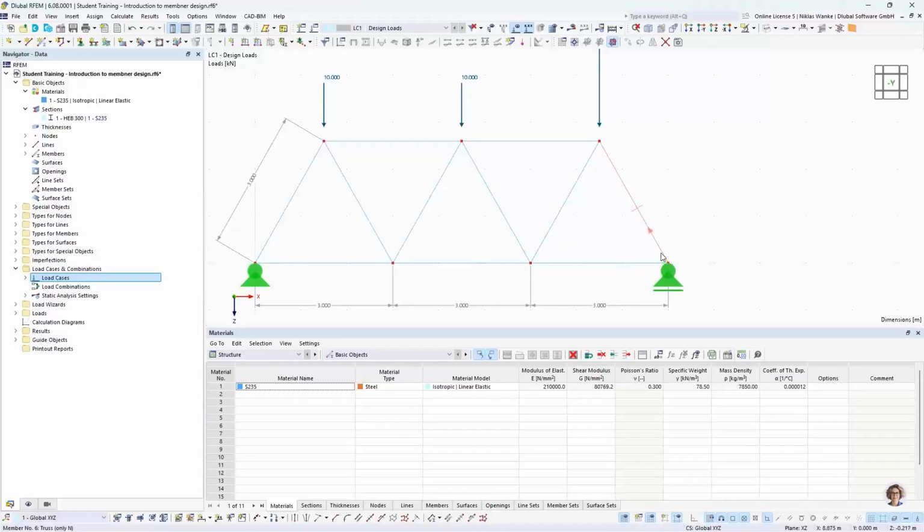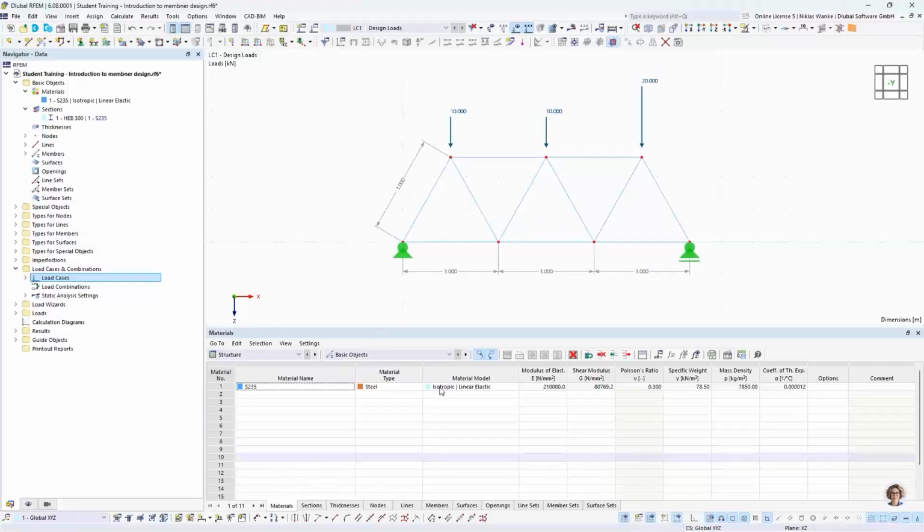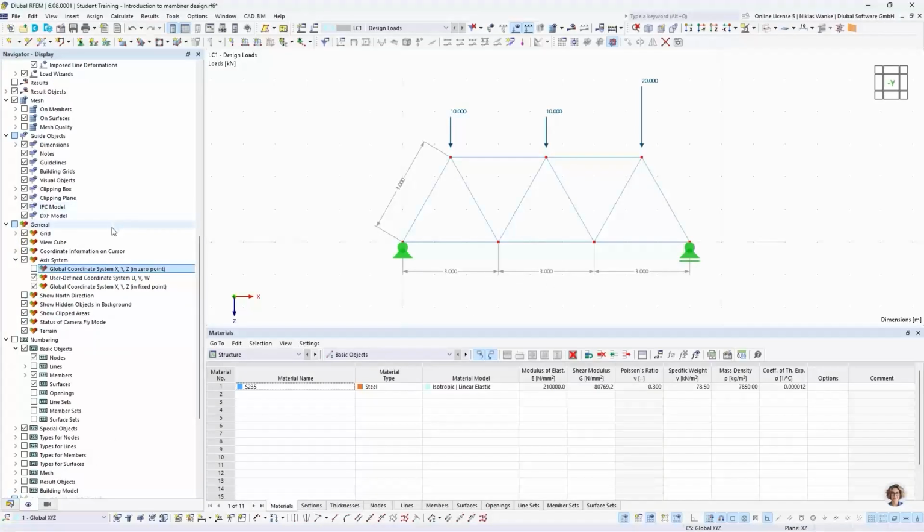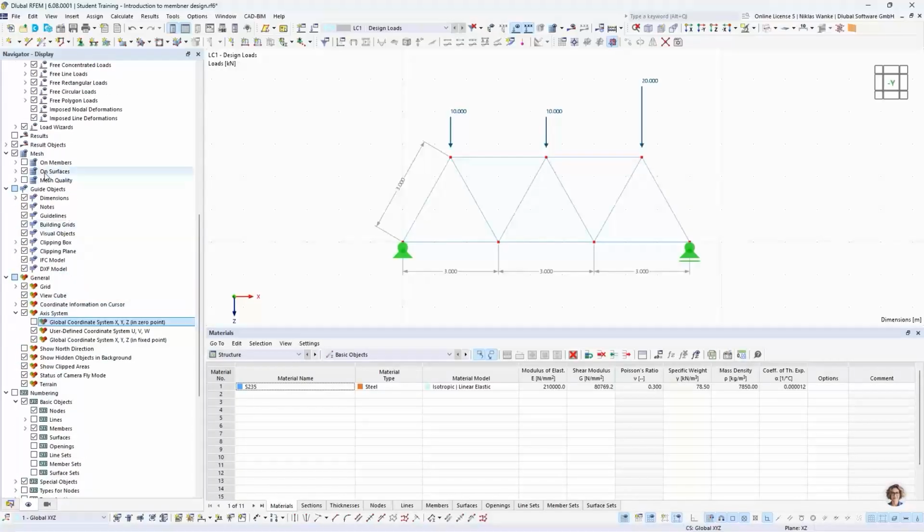No, they are just displayed as lines or as wires. We also want to make the dimensioning invisible, so we can choose that in the display navigator, and you will find this under guide objects and dimensions. So let's deactivate the dimensions,